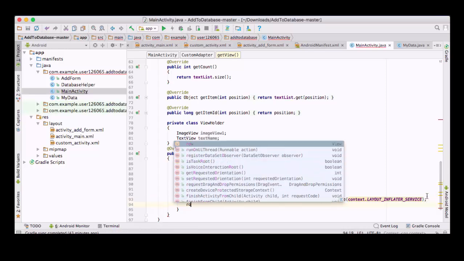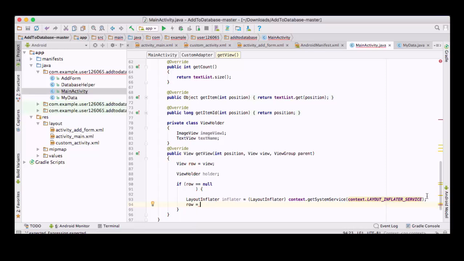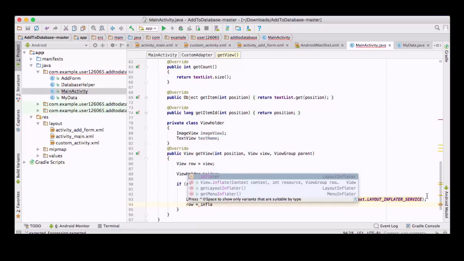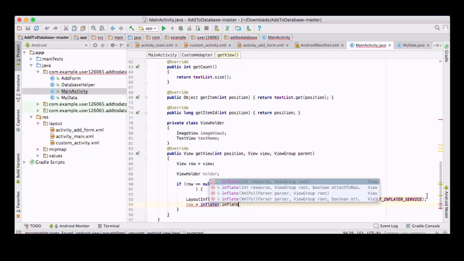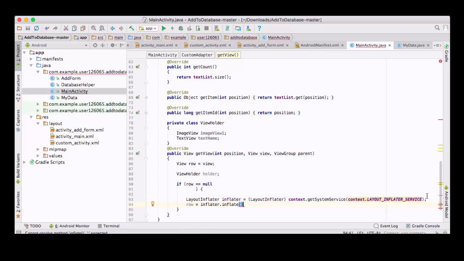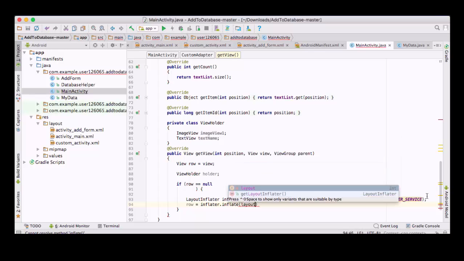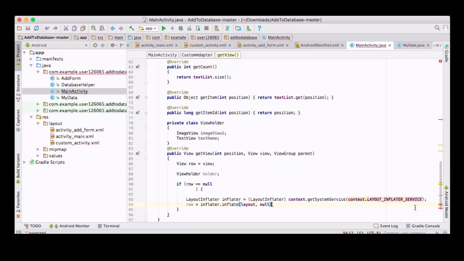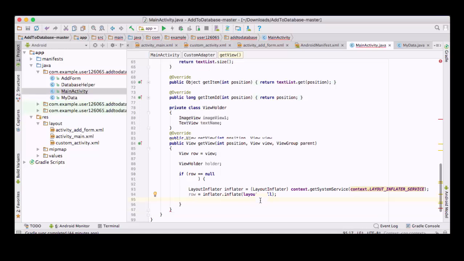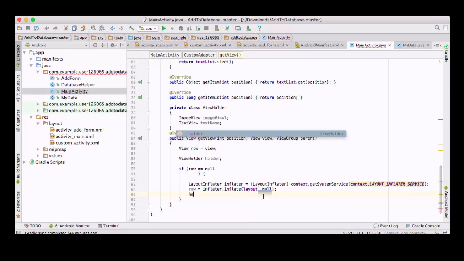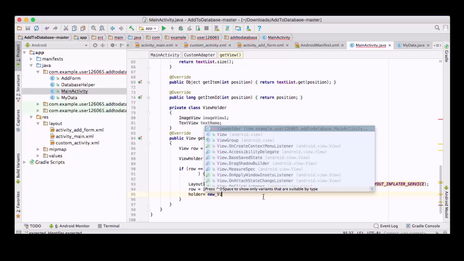Now we are going to create a row, and we are going to inflate it, inflater dot inflate with two parameters, layout and null. So this would be basically setting the layout of the row. And now we are going to create a holder equal to new view holder,